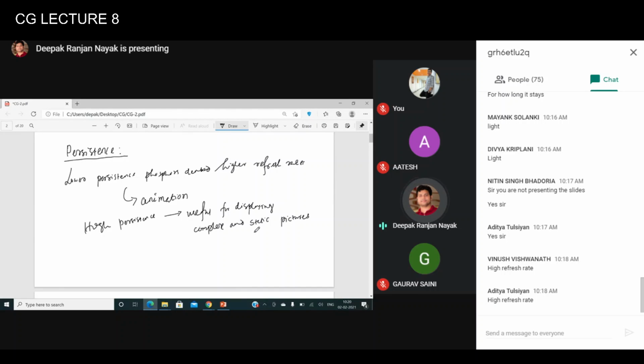So if you can remember a few features of the DVST we talked about in the last class. In DVST, I told you that the DVST has a long persistence, right? So do you think that using this DVST display, you can generate some animation videos?